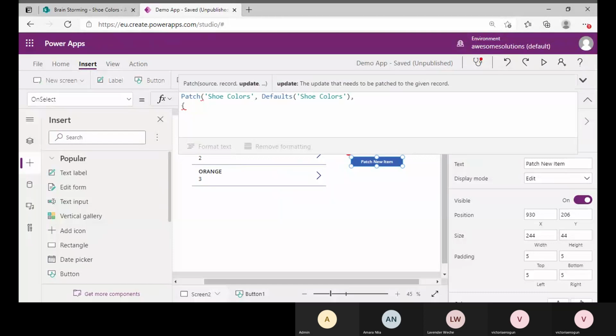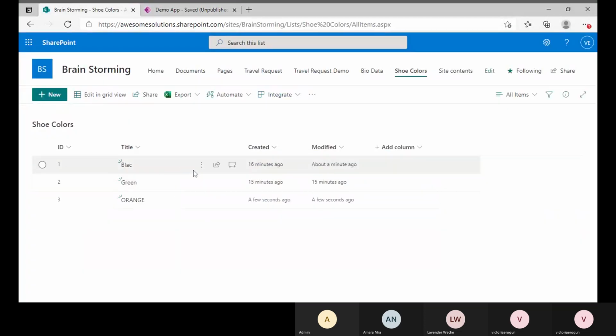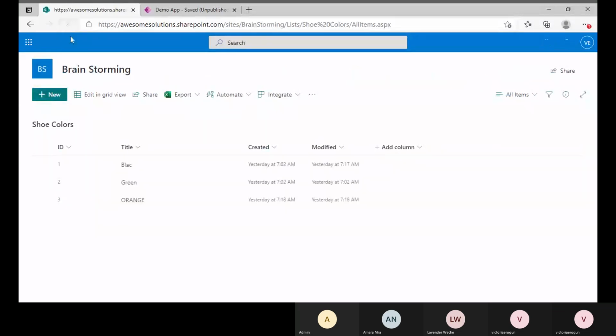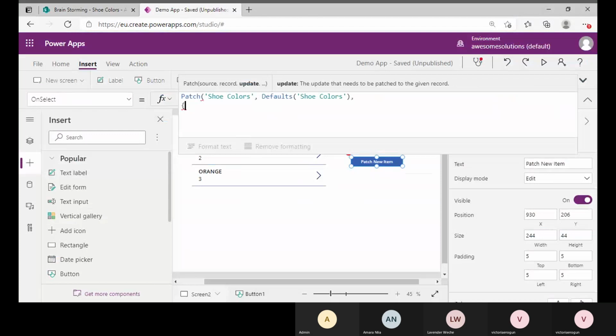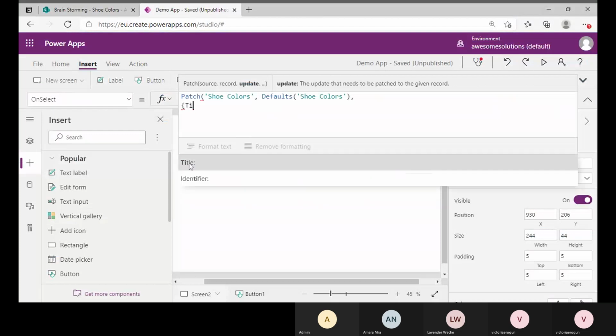What do you want to patch? Let me show you what the data source looks like. On this SharePoint list, I have an ID that is automatically generated. I have the title, that's the shoe color. These are also generated by SharePoint itself: the time I created the item, the time it was modified. So I want to update just the title field